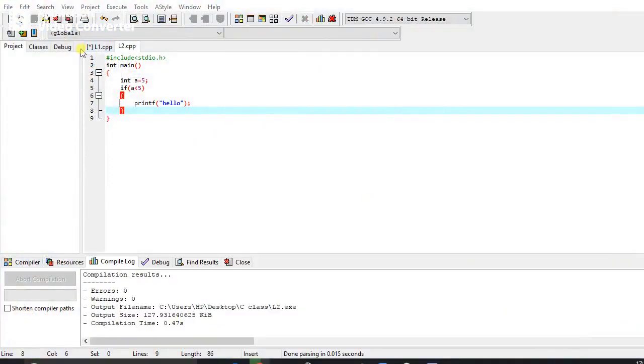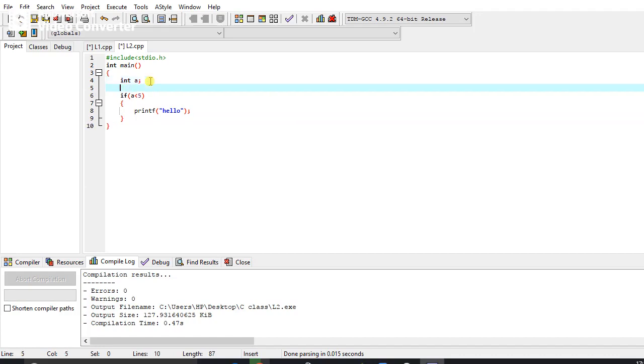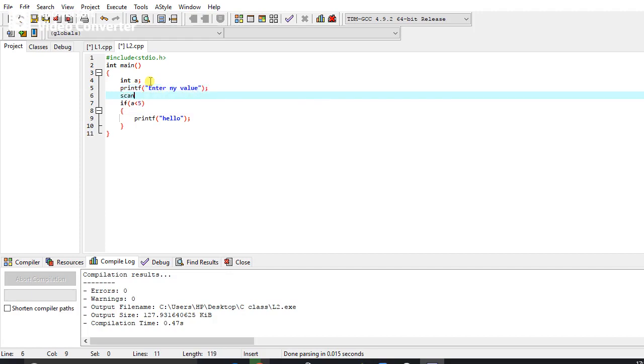We just move it, and then here we use our input and output method. For input we use printf, enter any value, and scanf.